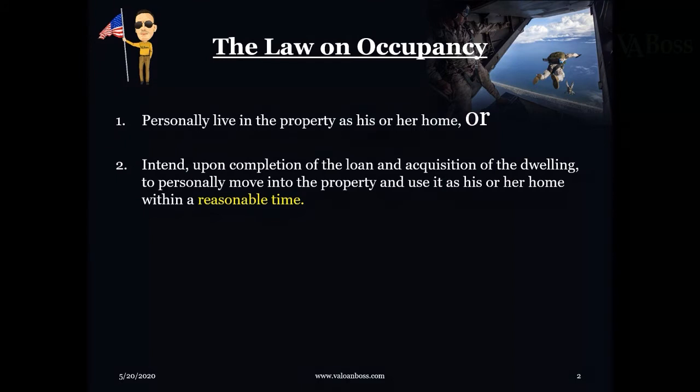There are situations where you might have a borrower who is a veteran who may work a job that makes him travel, to where he may only lay his head down in that house for 60 days a year. Well, that still satisfies the occupancy requirement